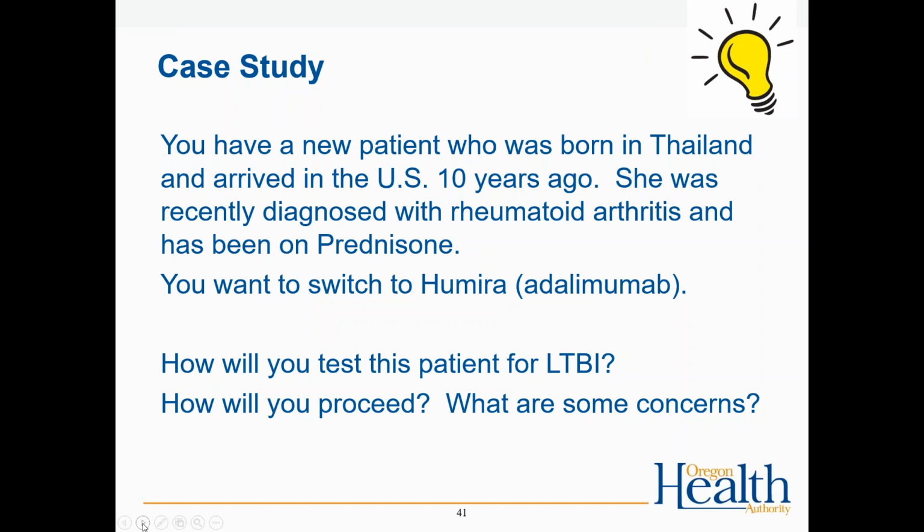This kind of patient, I would probably try to take them off their prednisone or wean them down to the lowest dose possible, and screen them prior to starting the adalimumab. And I would use an IGRA, and I would probably repeat it if it was negative, or I'd use a skin test and an IGRA. I mean, they're from Thailand. They probably had BCG, but they're at a high risk probably for being previously exposed. So I would probably use kind of a dual IGRA approach in this patient, since they're on prednisone. If they're not very immunosuppressed when you find them, you may not have to be as aggressive of screening. But certainly she has risk factors, so I would anticipate her to be positive.